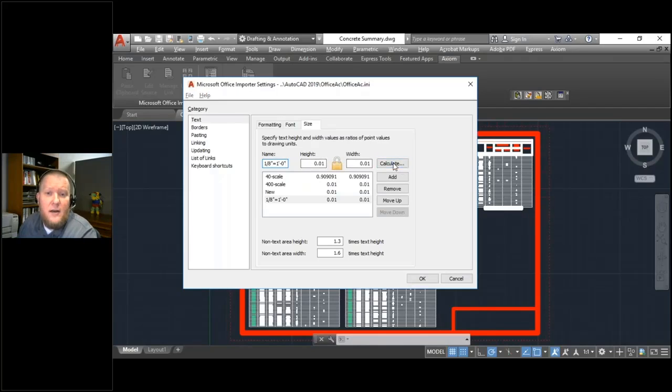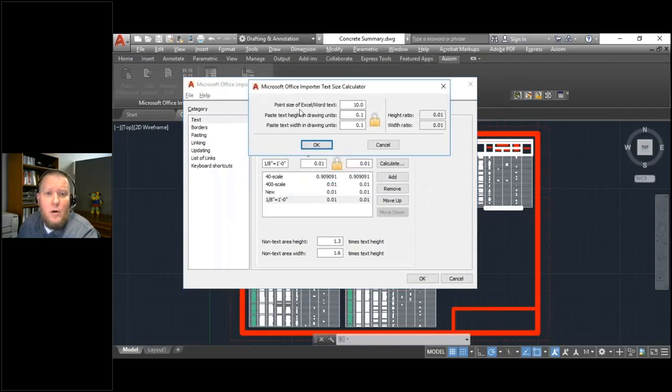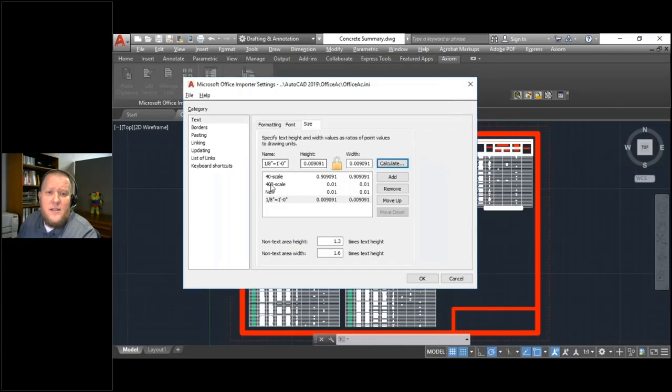Well, all you've got to do is hit calculate, and you go, okay, what is the size of the text that's coming in from Excel? Because we want to get that into the right drawing unit. So maybe I've got 11-point text in my spreadsheet or my Word document. Then you come in here, how many drawing units do you want that to be? And we figure it out. We do that for you. You can lock the height and the width together. You get that all set up, and